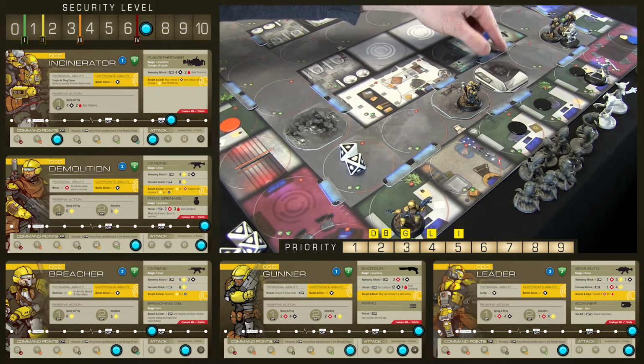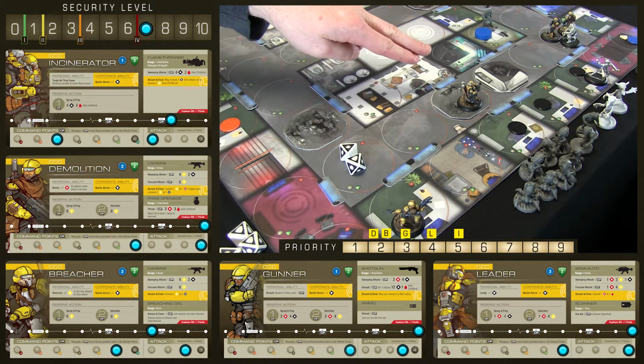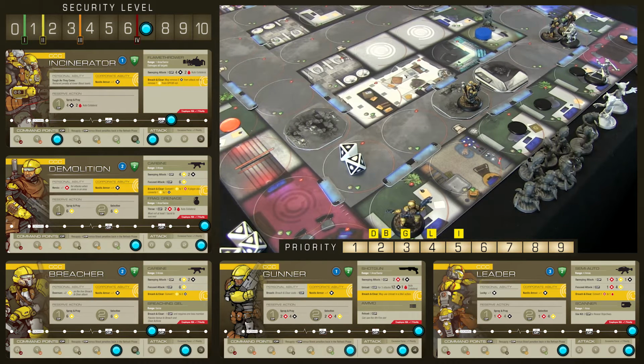And so that actually, it was 1, then 2, then we hit 6, and that's been 6, so security level will increase. In case it's already 4, so we don't need to increase it anymore. It goes all the way up to 10, and we could potentially lose the game because security force 4 will overwhelm us. But we'll see what happens. That was the incinerator's turn. The next up is the...